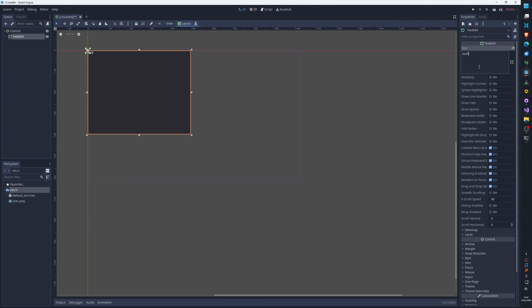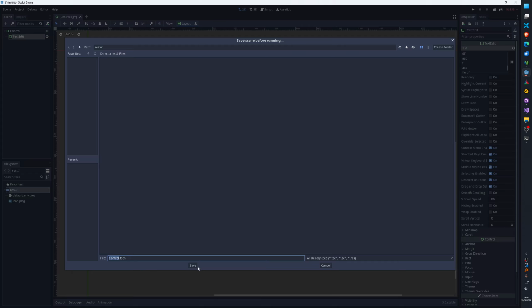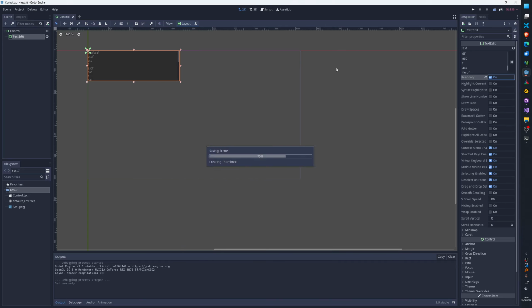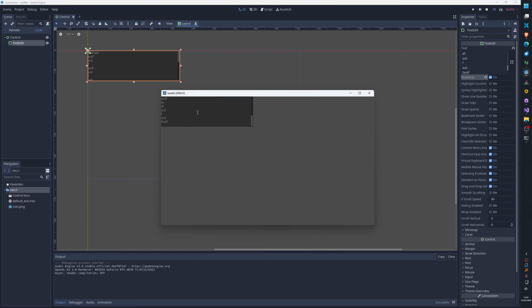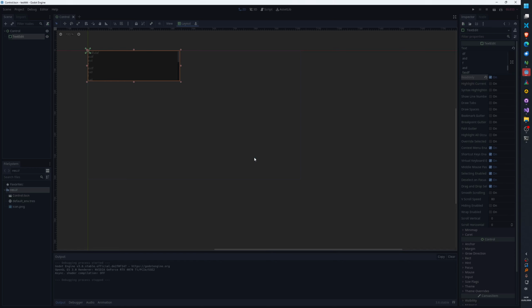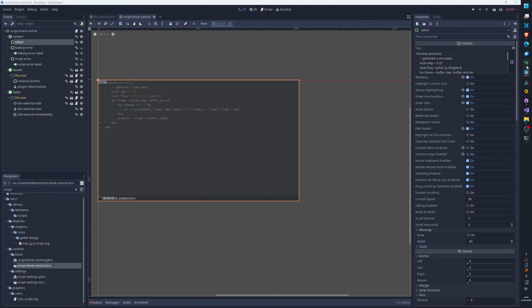Let's see. So mouse wheel over this scrolls. If it's on read only mode, it should still work. Okay, so it's something else. I thought so. It's something else. Okay. What's going on?